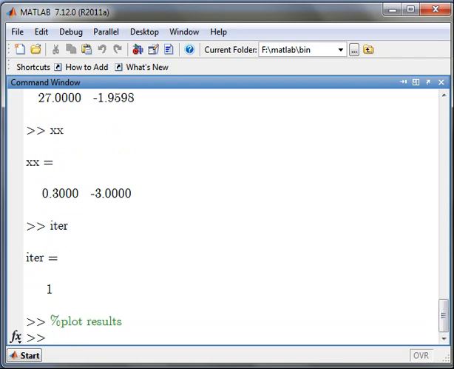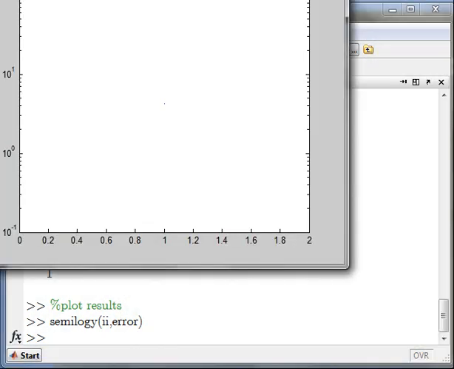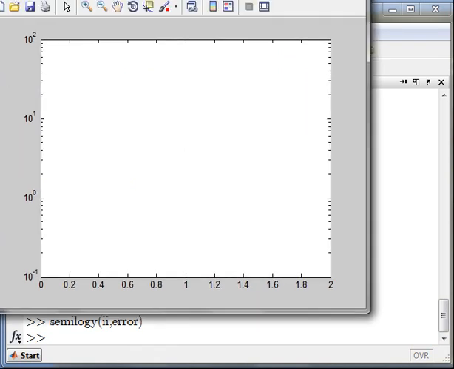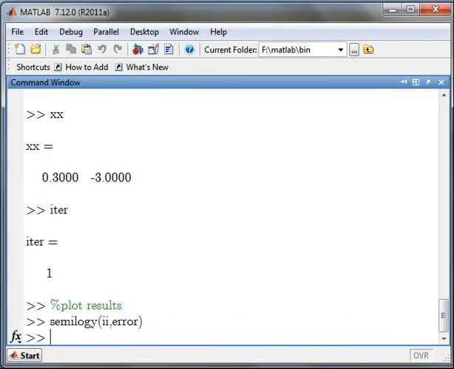Now for the plot you have to write semilogy of ii comma err. After giving this command you will get a plot; this is the plot of the command that we have given. Now the next one will be xlabel.